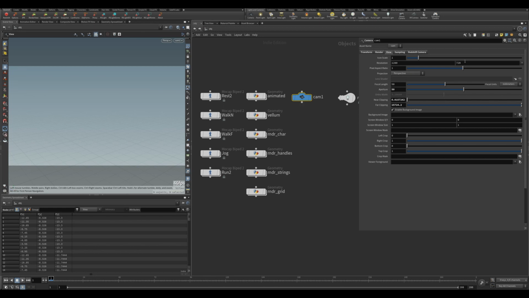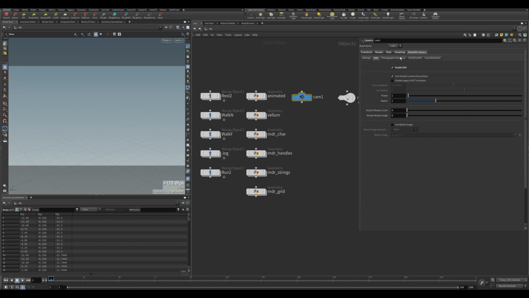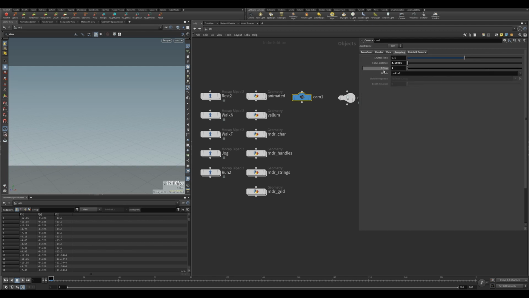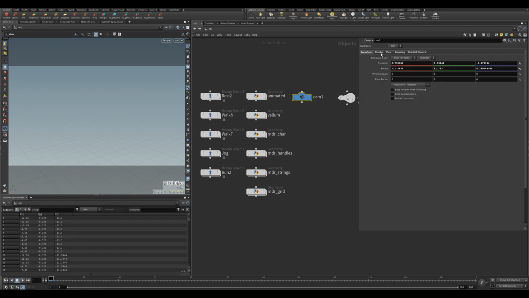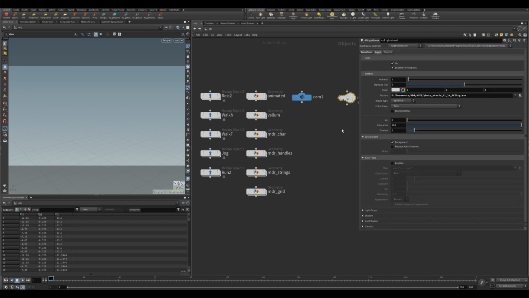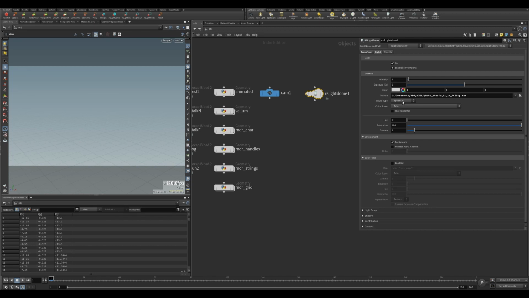Okay, and then I've got a Cam 1, which is 720p, and I'm using depth of field, and these are the values for depth of field. Okay, Redshift, no post. Oh, there is OCIO display. That's about it, really. And there is your current camera position. And as far as the dome light is concerned, I have Photo Studio